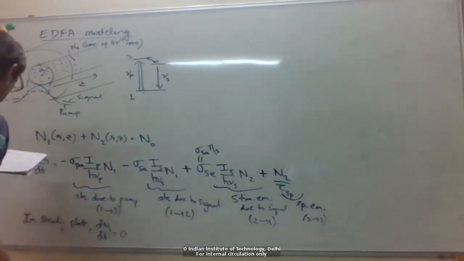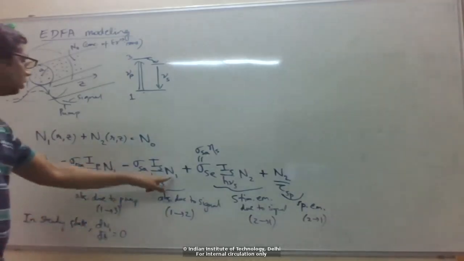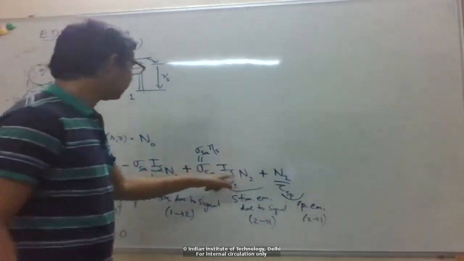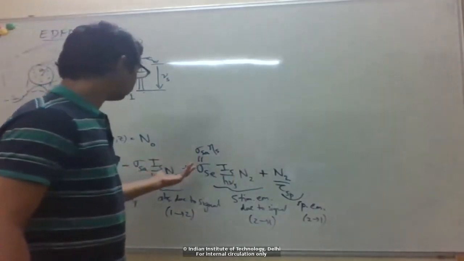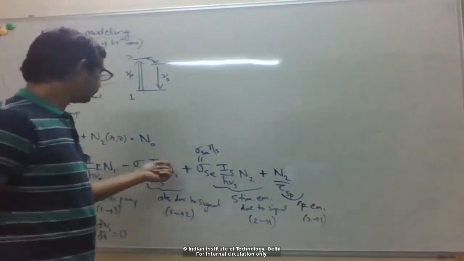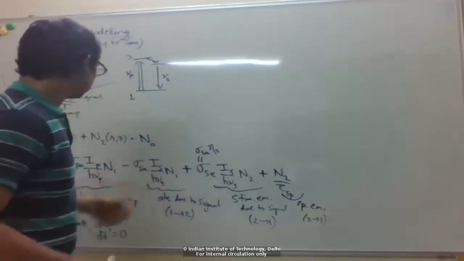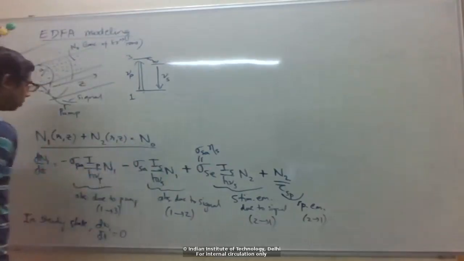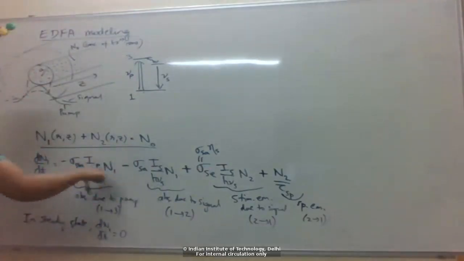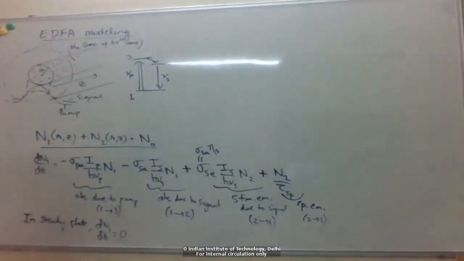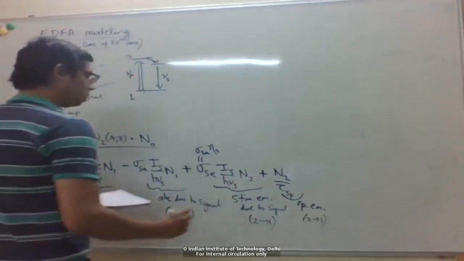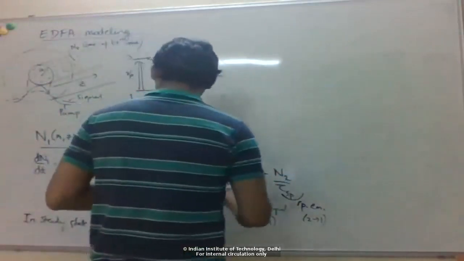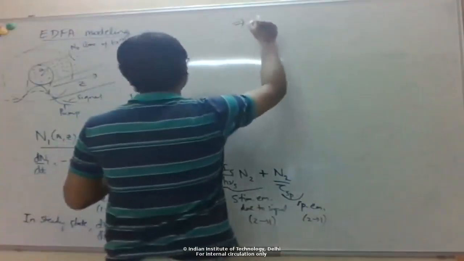So if we put this equation equal to 0, then you can see that we can get an expression for N2 by N1, right? All other quantities are constants of the pump and signal intensity. So we have one equation already for N1 and N2 from here. And then from this equal to 0, we have another equation in N1 and N2. So we can find the steady state population N1. Okay, so from the steady state condition, we get